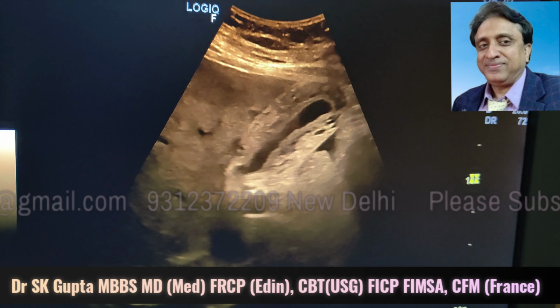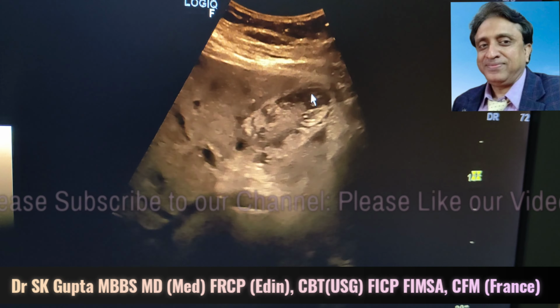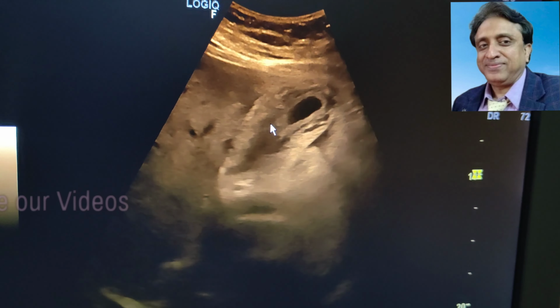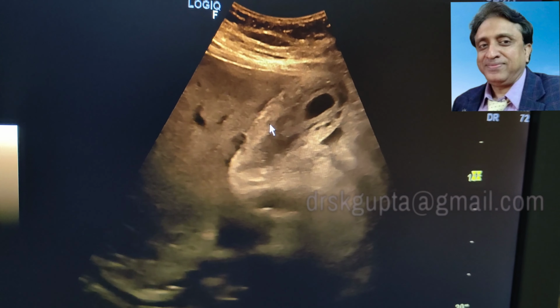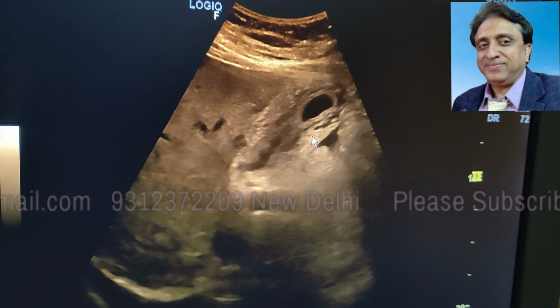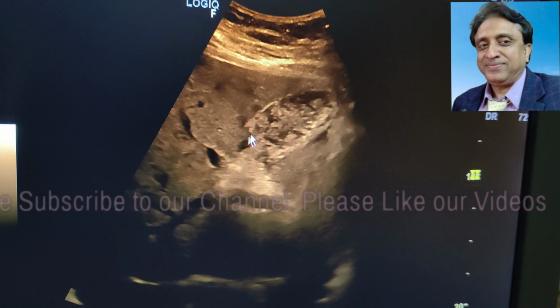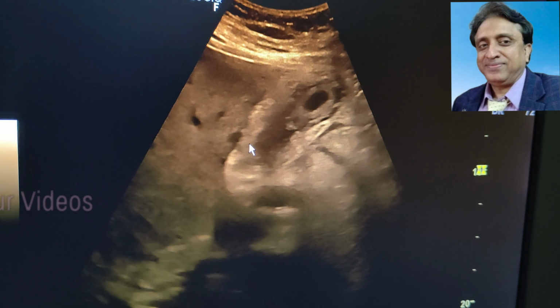You can see that the gallbladder over here is grossly distended. This is gross gallbladder wall edema. If you see it slowly, you find that the gallbladder walls are grossly distended and the layers of the gallbladder wall have been separated from each other. This entire structure is the gallbladder wall, and gallbladder wall edema is a sign of hepatitis which occurs in the